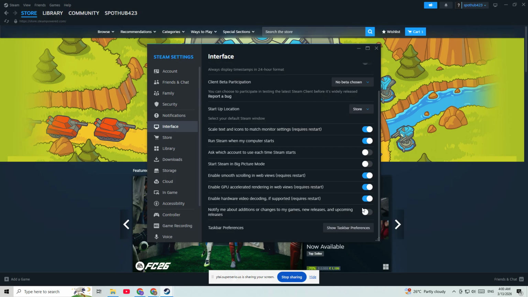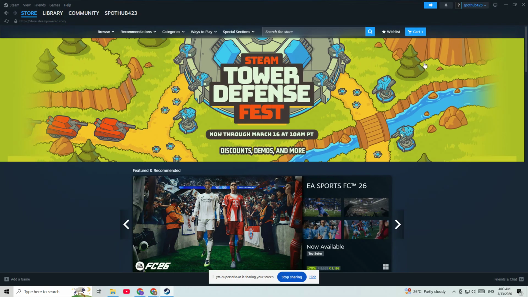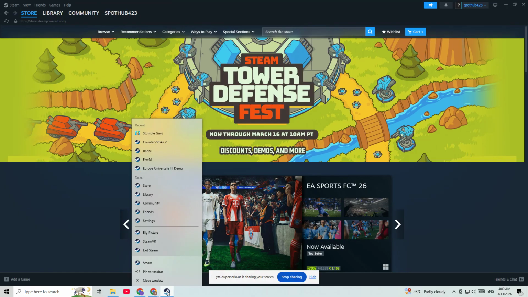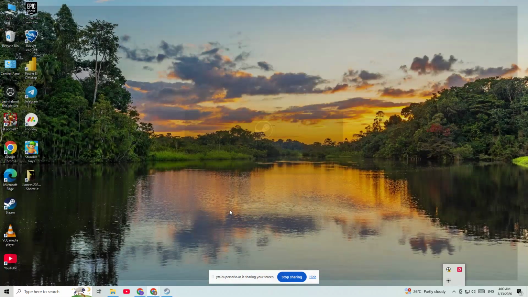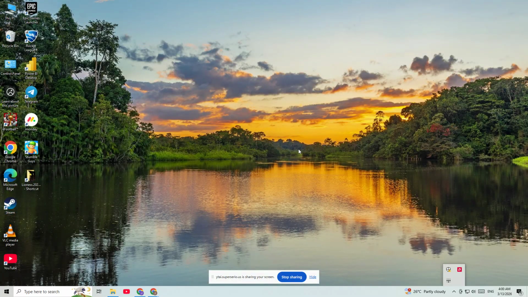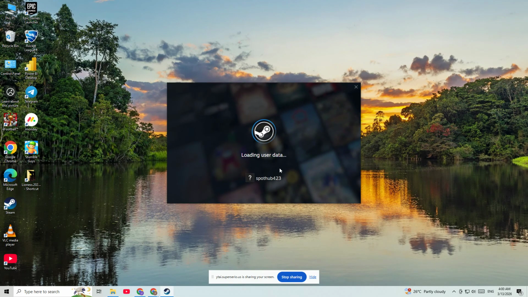Go ahead and click the OK button at the bottom to save your preferences. For the changes to fully take effect and ensure that the ad window never pops up again, you should complete a full restart of the application. Go back to the Steam menu in the top left, click Exit, and then relaunch Steam from your desktop or taskbar. When Steam boots back up this time, you should notice a much cleaner experience with absolutely no promotional pop-ups